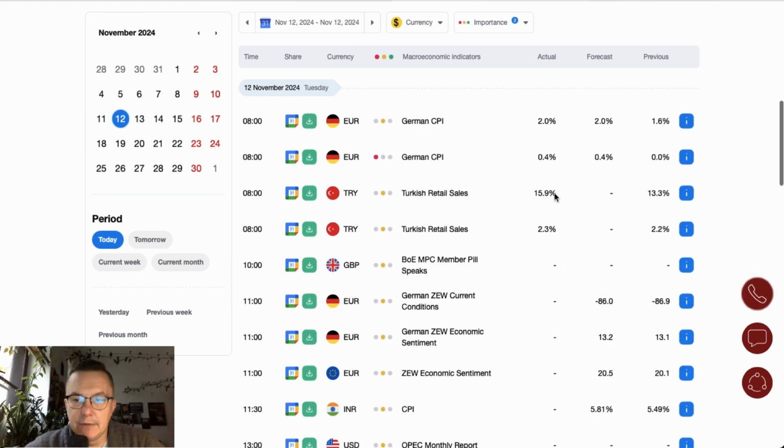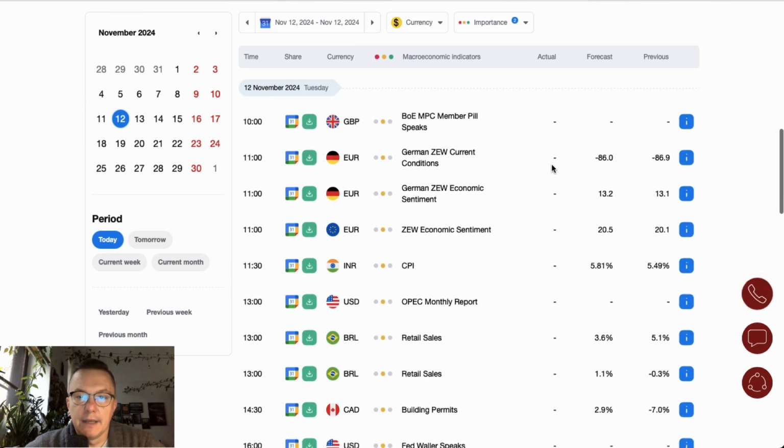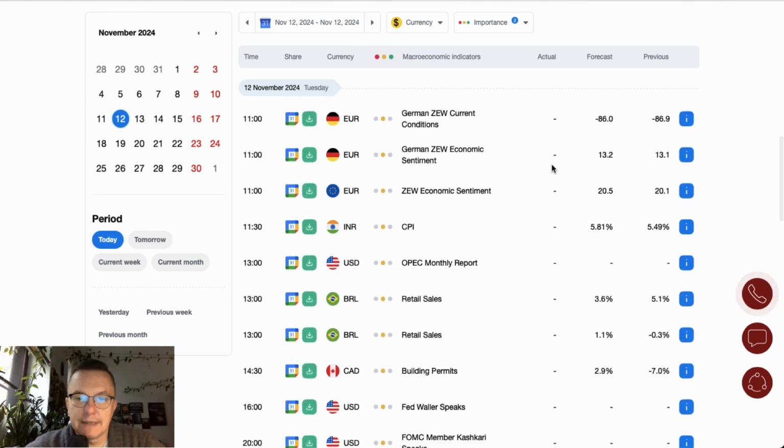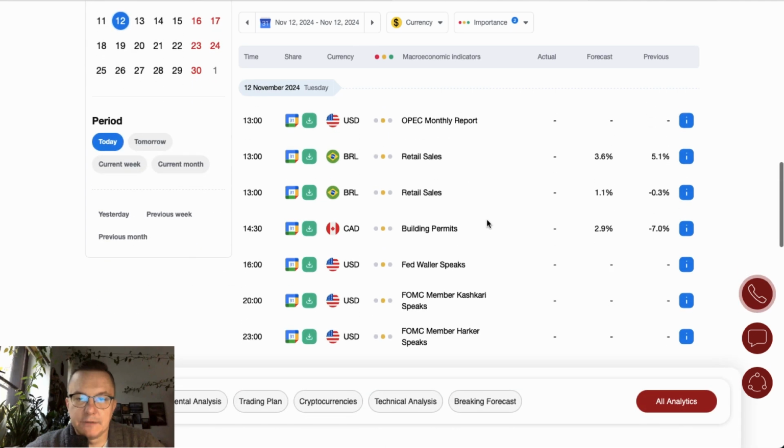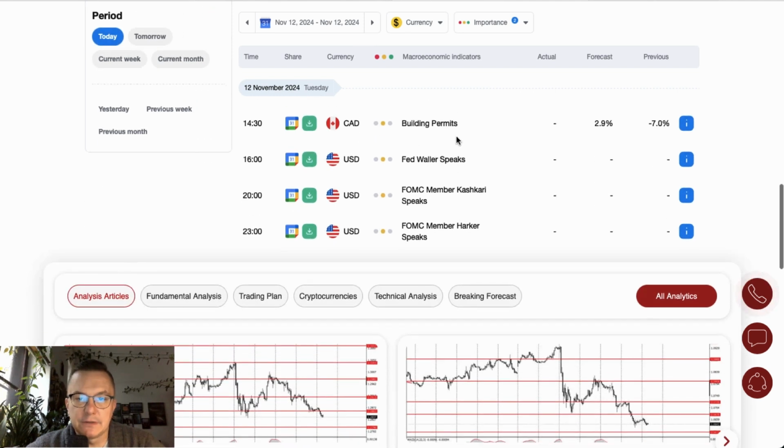German CPI online with the expectations up from 0% to 0.4%. At 10 o'clock, we will have the MPC member Pill from Bank of England to give a speech. And then one hour later, at 11 o'clock, we got the German current conditions and economic sentiment data together with the Eurozone economic sentiment as well. The US OPEC monthly report is scheduled for 1 o'clock. Then at 2:30, we got the building permits from Canada, and the rest of the data are from the US